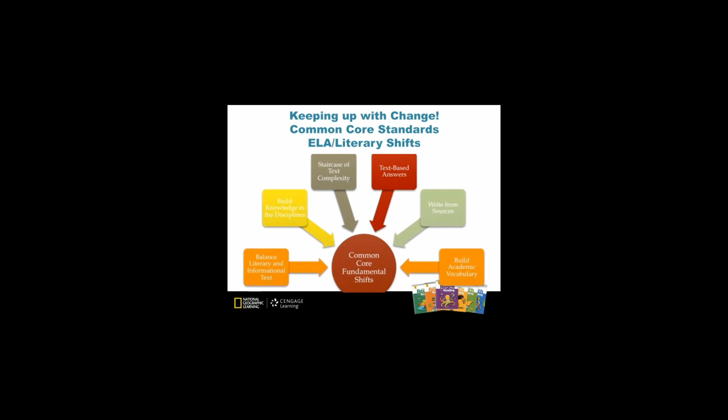The fourth shift is text-based answers. This shift gives greater focus to text-to-text connections rather than text-to-self. Reach for Reading emphasizes the importance of returning to the text with second and third readings and provides strategies for teachers to encourage students to find evidence and support for arguments they are building. Shift 5 is writing from sources. This shift is about finding evidence-based support to probing questions. The Reach for Reading daily writing questions and prompts support this shift.